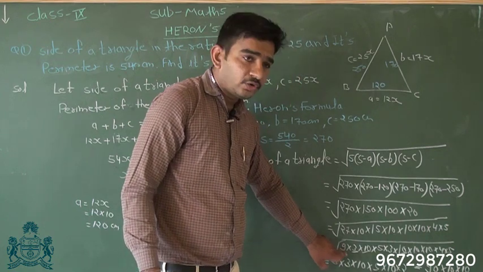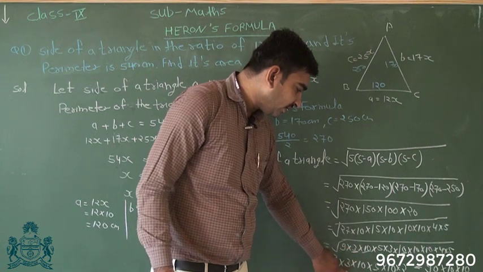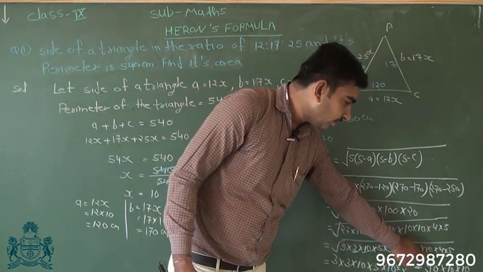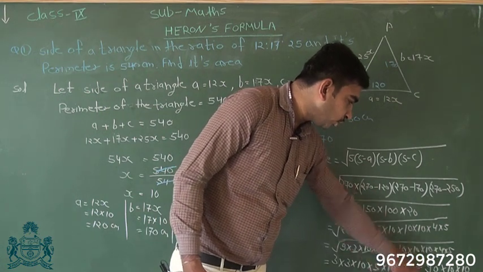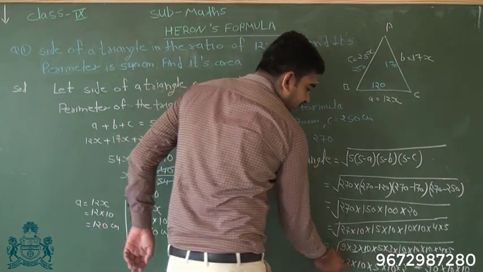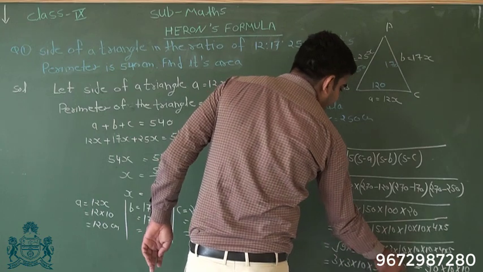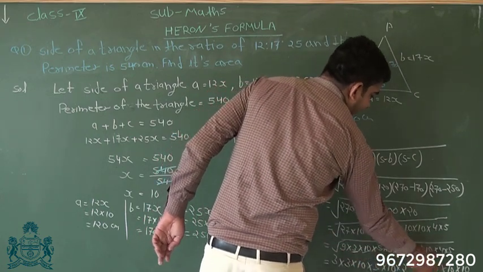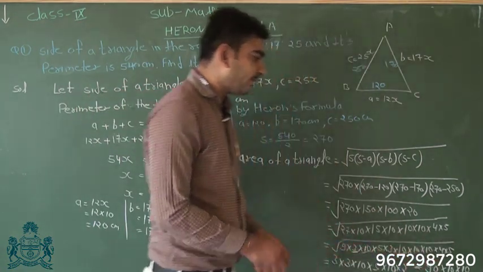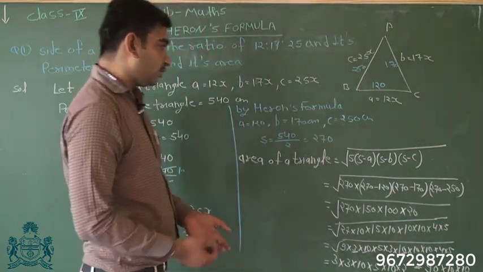Under root 9, the value of under root 9 is 3. 3 and 3 are 9, the value of under root 9 is 3. 10 and 10 are 100, under root 100 is 10. 10 into 10 is 100. Under root 9, 4 का 2 and 5 5 are 25, under root 5. Then multiply 3 into 3 is 9, 5 are 40, 5 45 to the 90 and 10 into 10. So the area of the triangle equals 9,000 centimeter square.